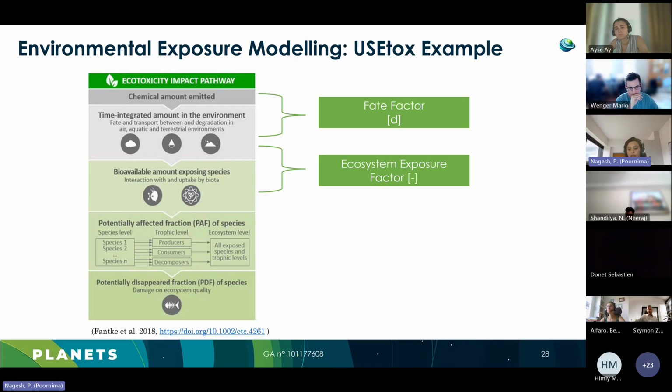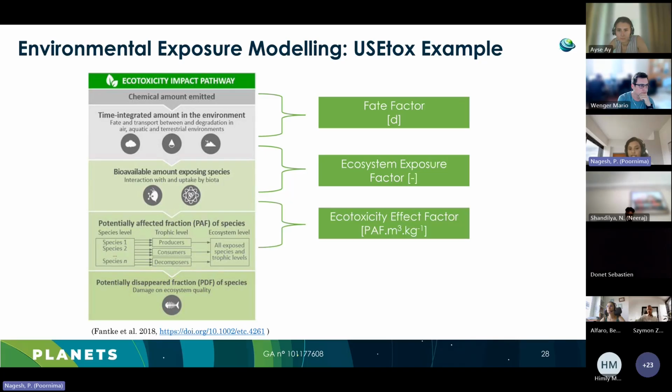So that we can calculate the ecosystem exposure factor. Once the species are exposed, they can be affected based on the ecotoxicity of the substance. So we can calculate the potentially affected fraction of the species, which can be done on an individual species level and on different trophic levels, so that it actually accounts for the whole ecosystem. And based on that, we can derive the ecotoxicity effect factor, like percentage of affected fraction in cubic meter per